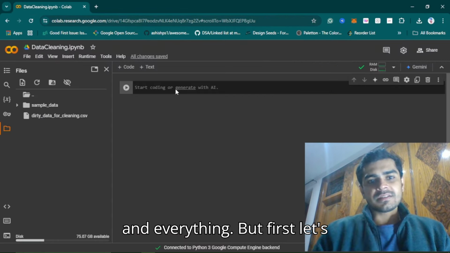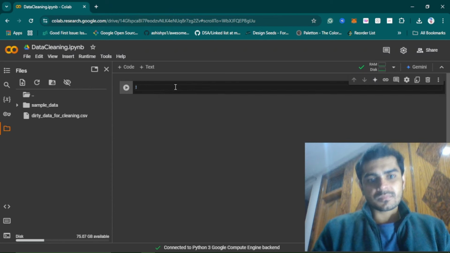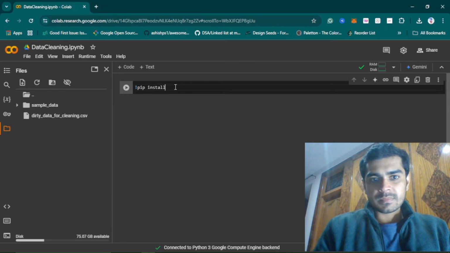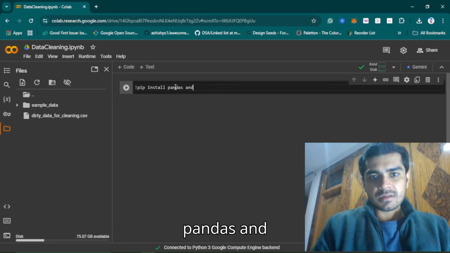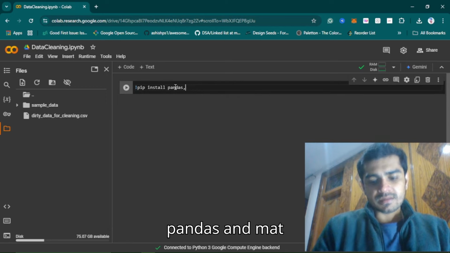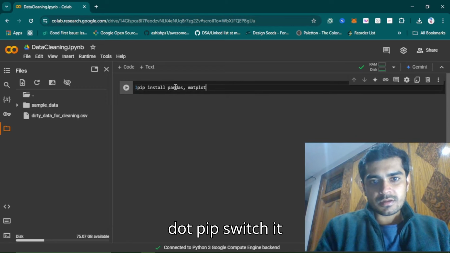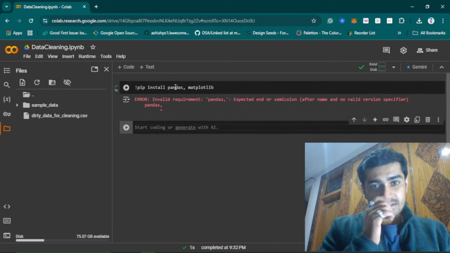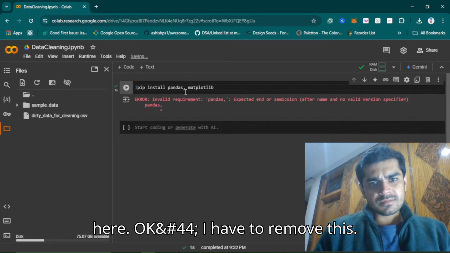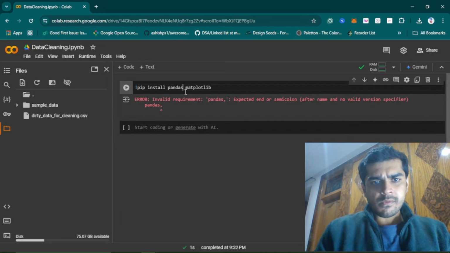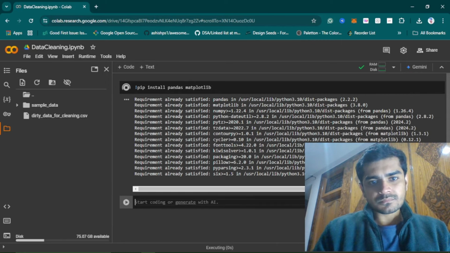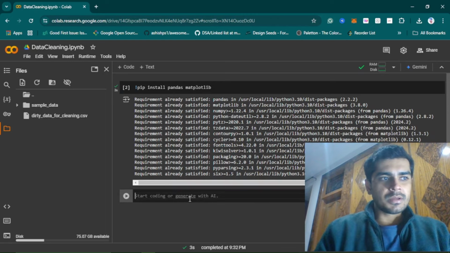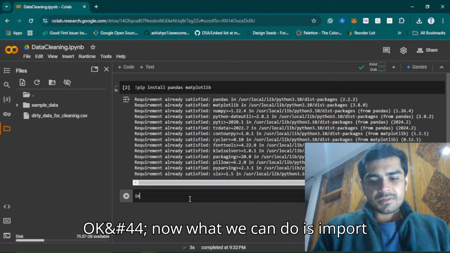But first, let's install it for our system. Pip install pandas and matplotlib. So it will install our packages here. Okay, I have to remove this. Okay, it says requirement already satisfied. That means I have this library in my Google Colab. Okay, now what we can do is import